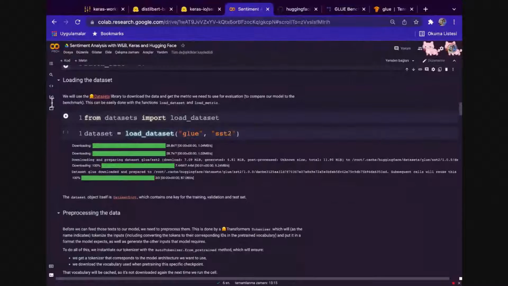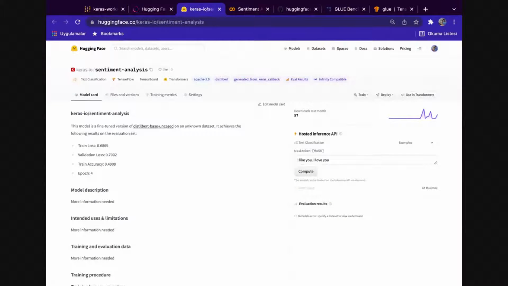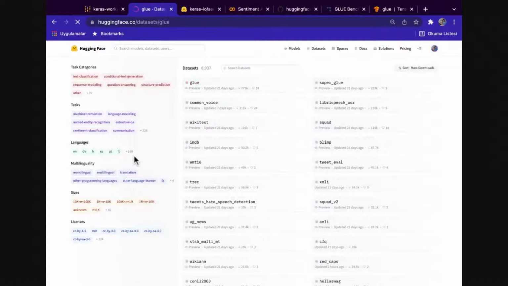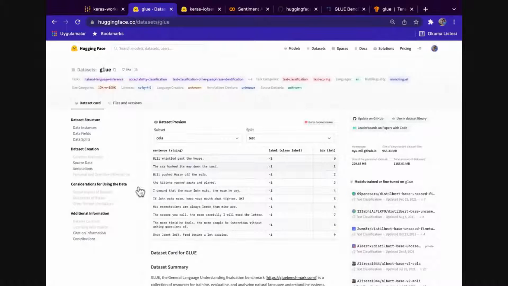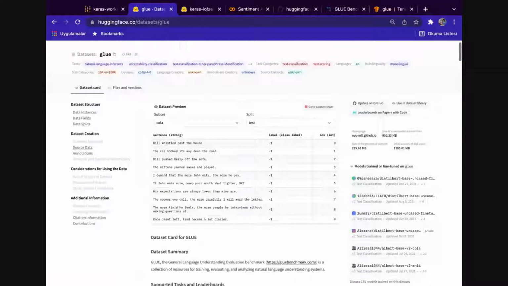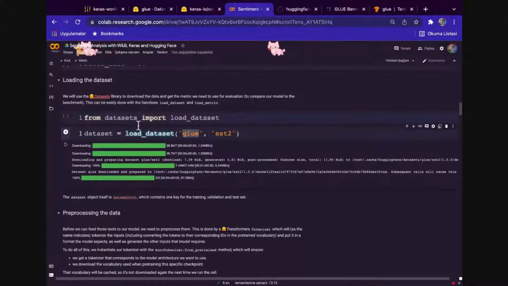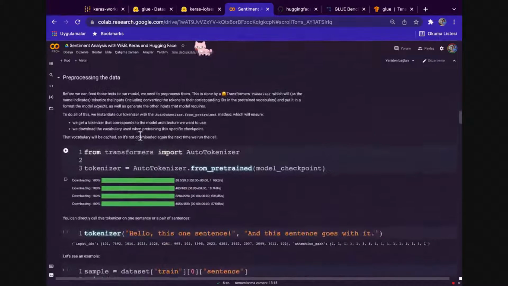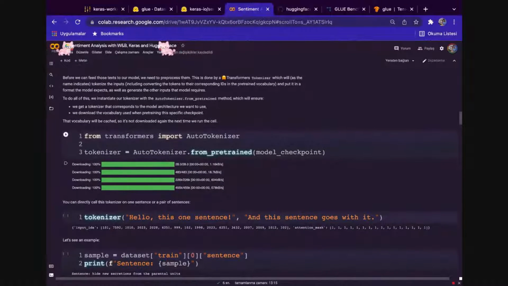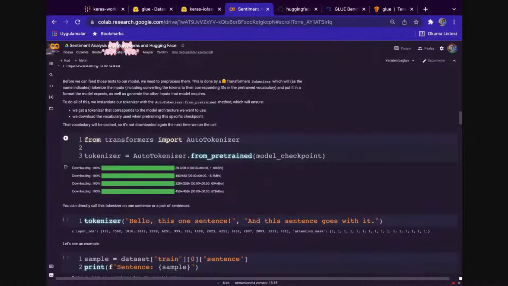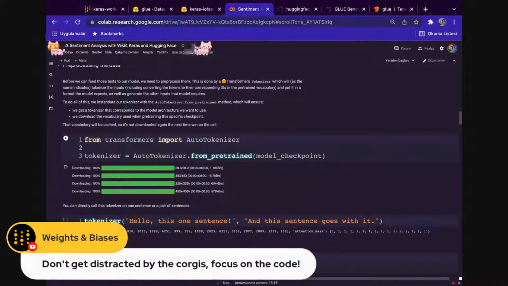And we are going to load our dataset from Hugging Face datasets. It is backed by TensorFlow datasets, by the way. So let's see our dataset. It is under GLUE, and this GLUE has multiple tasks, and each task has splits. When we want to load SST2, we pass firstly GLUE itself, and then the task. So we load our dataset like this. I don't know if you have gone through this section in the book, but for each model we have a tokenizer that